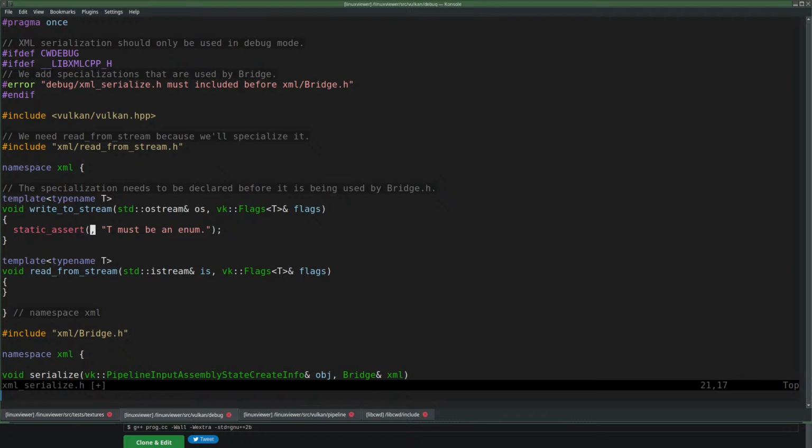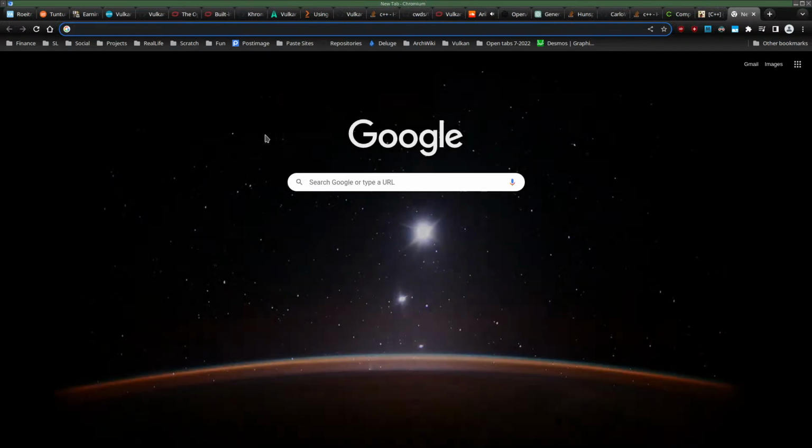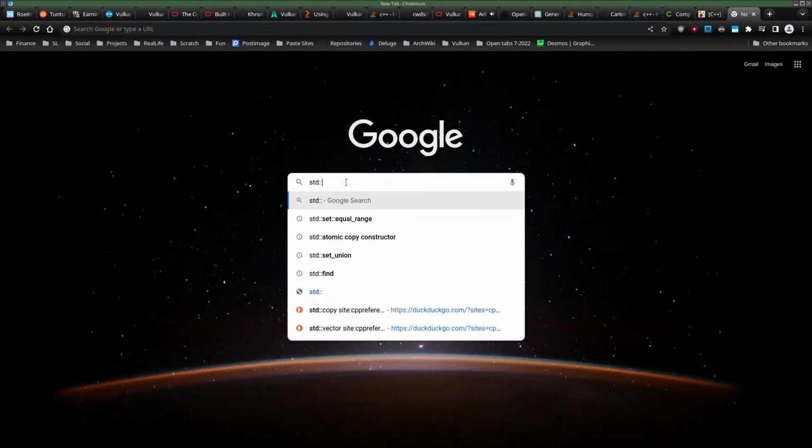So we need a concept for T. Something like is enum. Maybe it already exists. I think there is something like it though. Standard is enum.